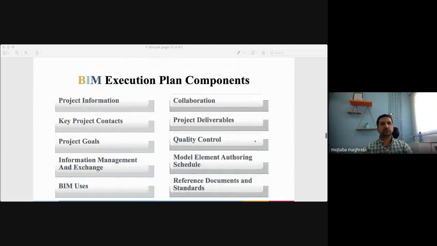During the execution process, again, you can see a number of features that need to be answered. At this stage, because of the time, I only want to talk about quality control. Most of you are architects. If you look at the drawings of a project in terms of architecture, you can say it's not good quality. How do you express that it is good quality or not? In terms of experience, if you look at a project, with the features we have, we can't say it is good quality or not good quality.